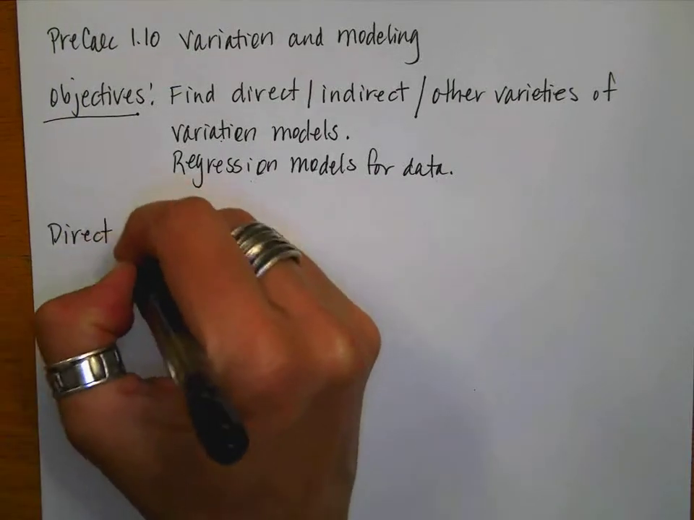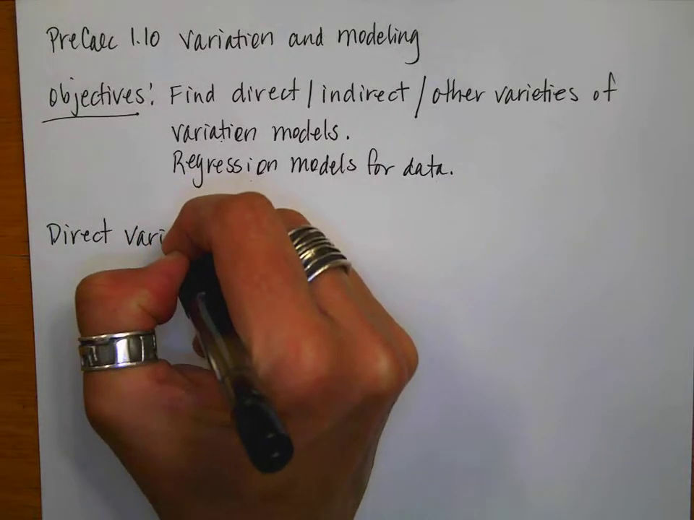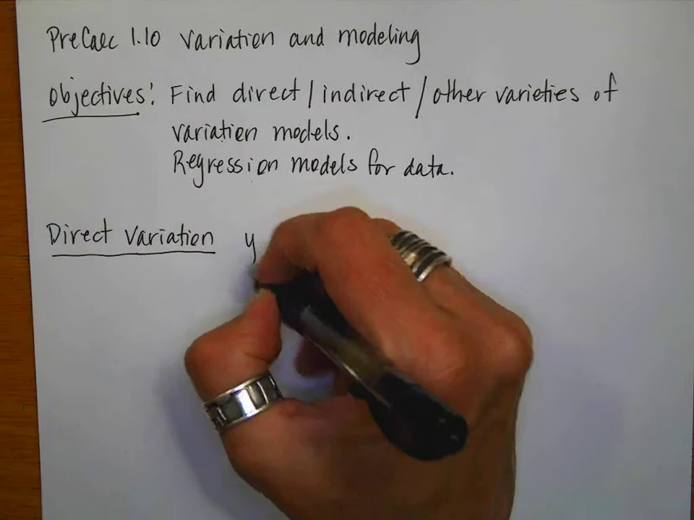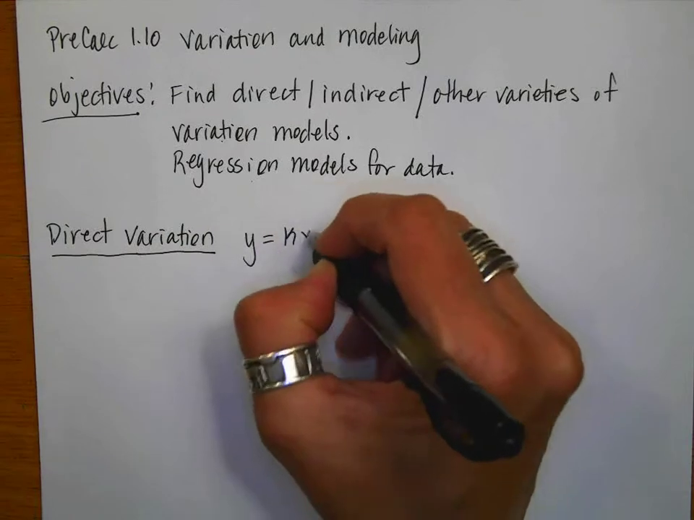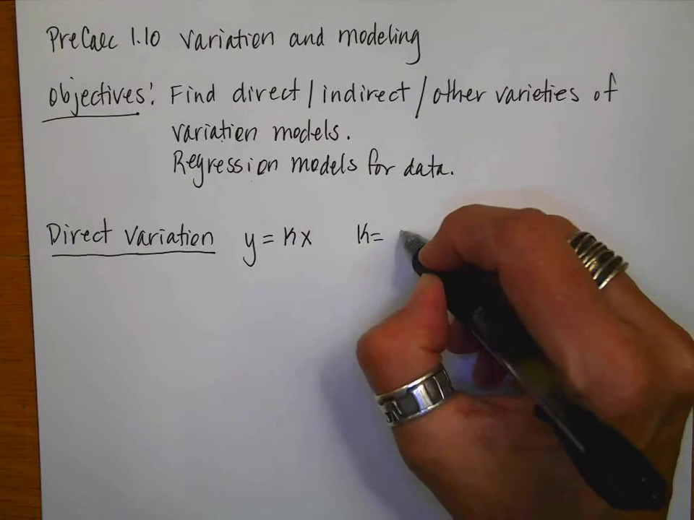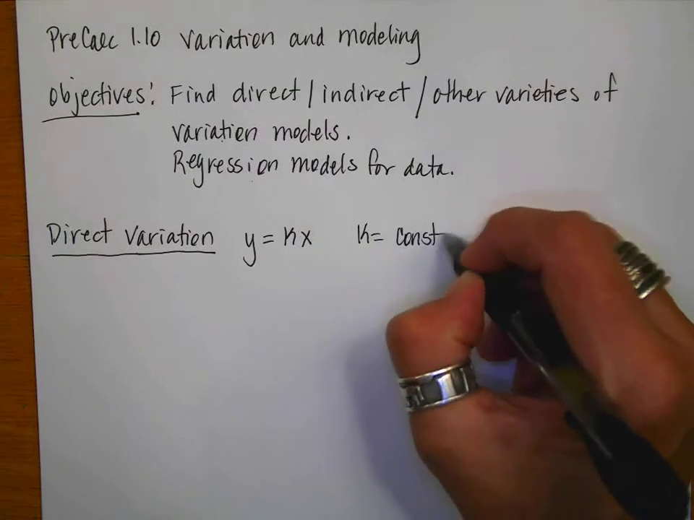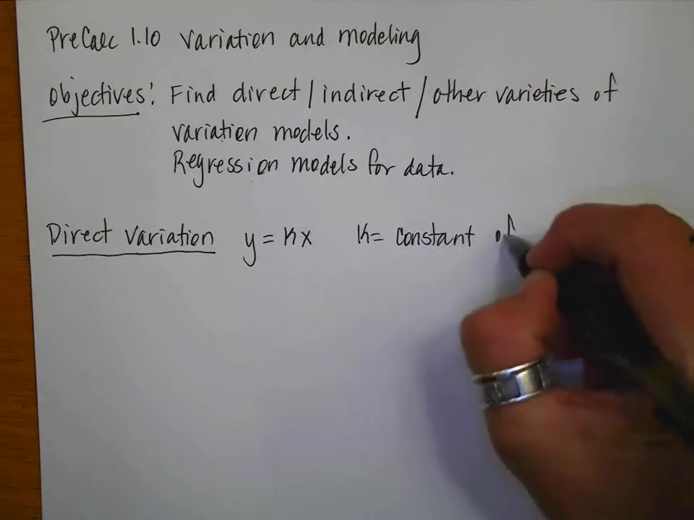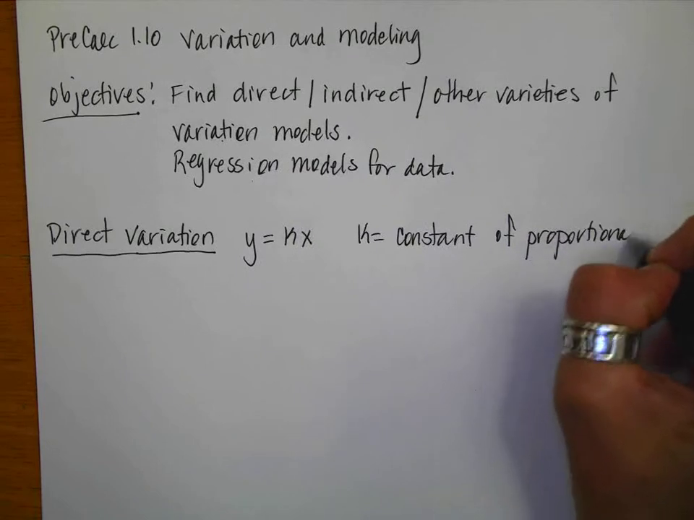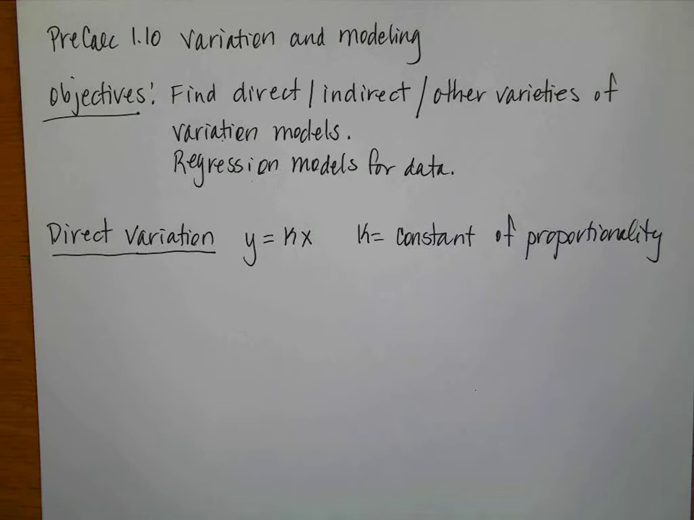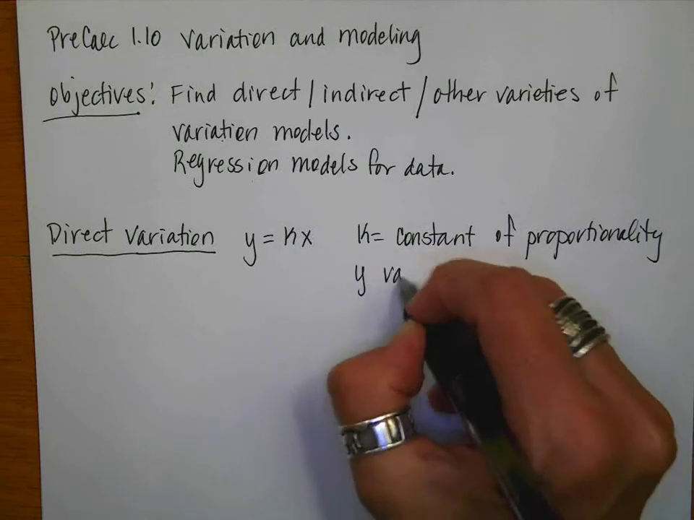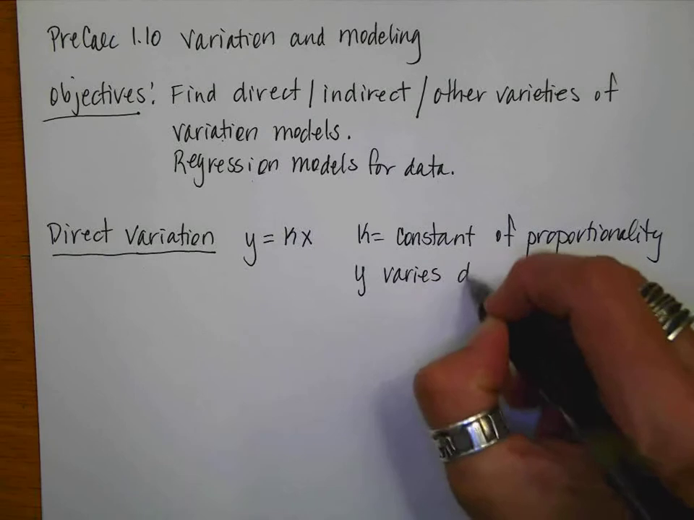Our first type of variation is called direct variation. The equation for this is y is equal to kx. So k is called the constant of proportionality. That is a really long word. Or if the words in a problem say y varies directly